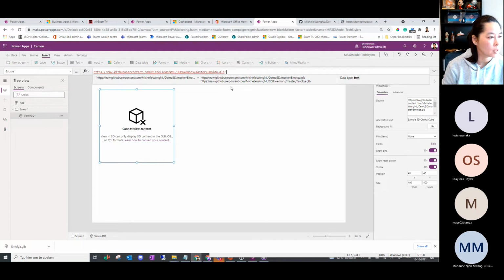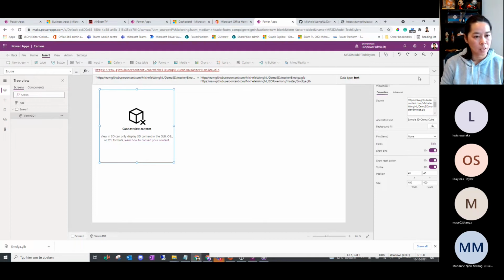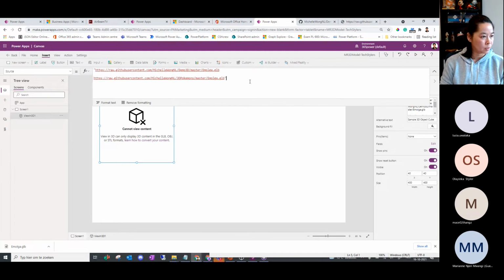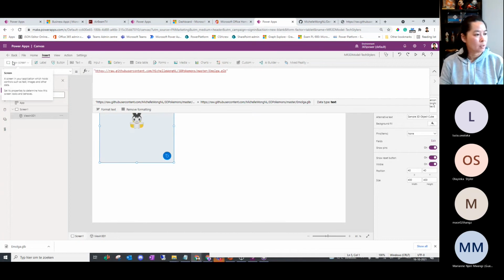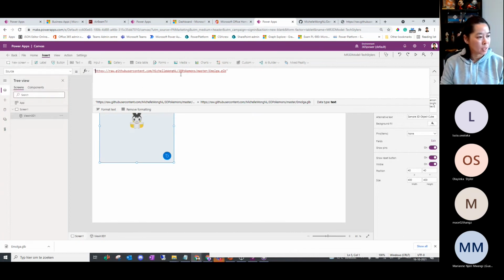Okay. Also, I got 2 links over here. If I click here on the arrow, it will show I got 2 different links. So I have to remove one. So this is linked to the 3D model, 3D Pokemon repository, and the master, and then Imoga. So if I change this